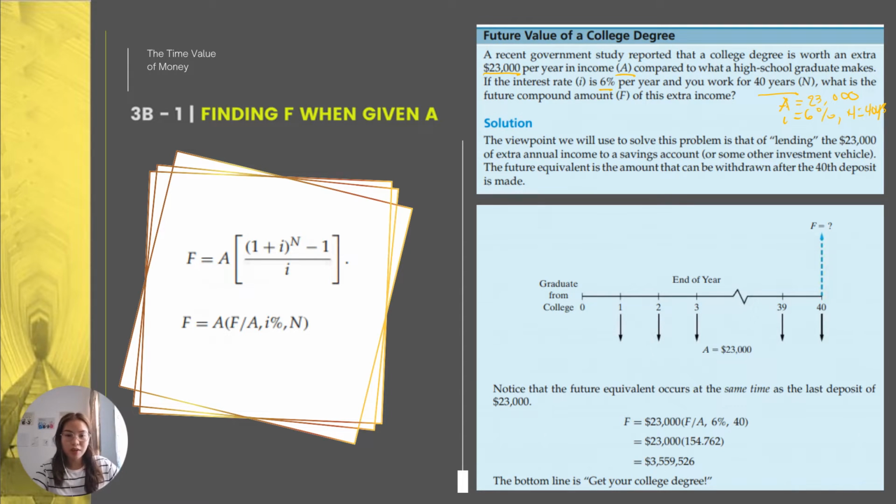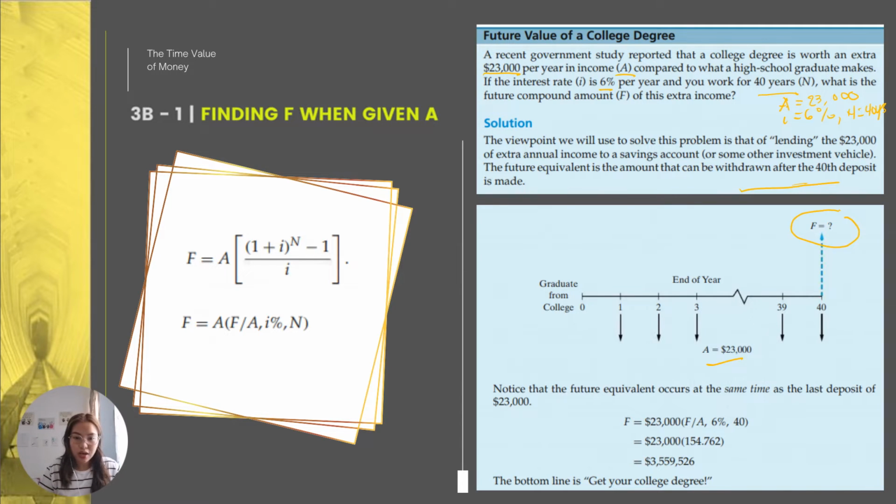Okay, so we have here a diagram for the graduate, and this is the diagram that starts at 0 and then 1, 2, 3, 4, up to 40. So what is the future amount that can be withdrawn on the 40th deposit? Okay, so let's say A is 23,000. So notice that the future equivalent occurs at the same time as the last deposit of